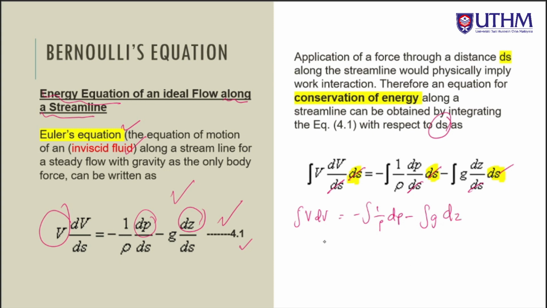So we integrate v dv, we get v squared over 2 equals minus p over density minus zg, ataupun kita bawa semua ke kiri: v squared over 2 plus pressure over density plus zg